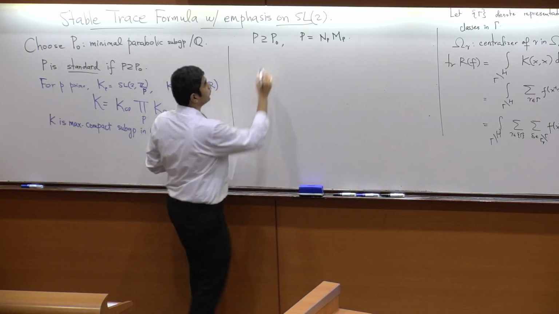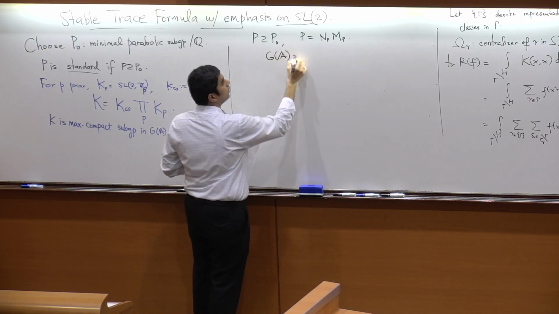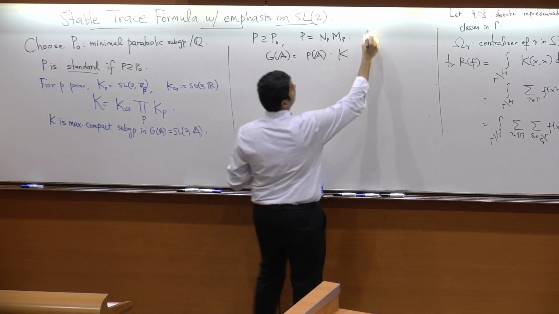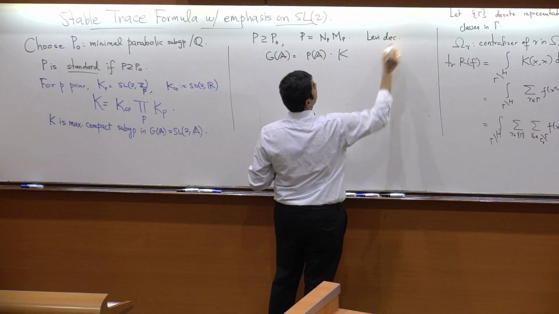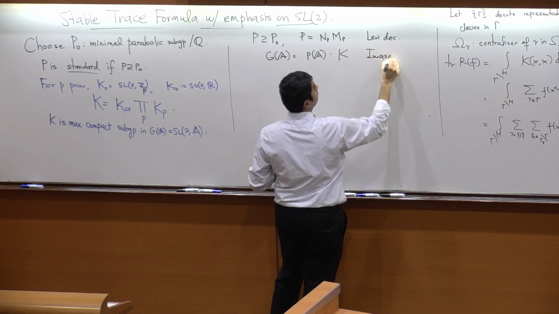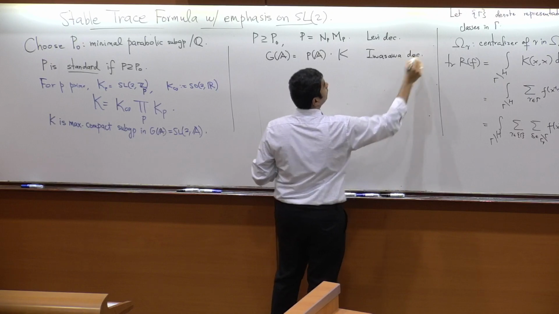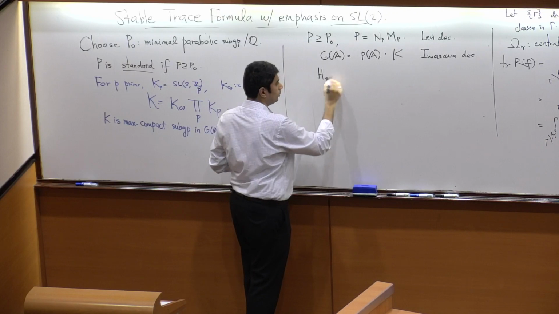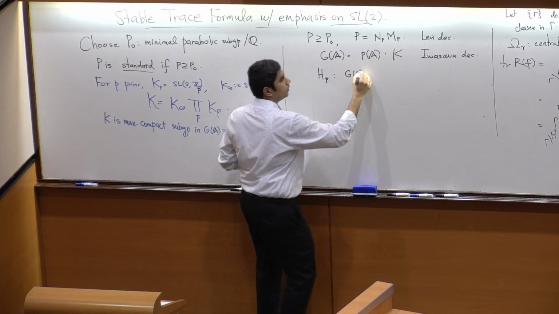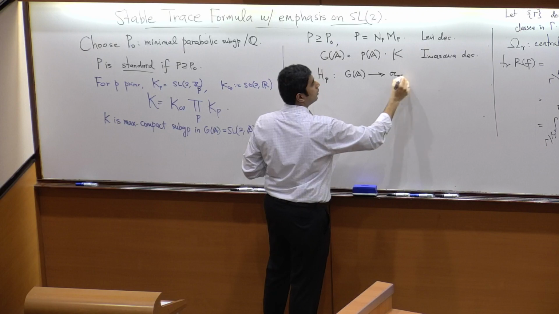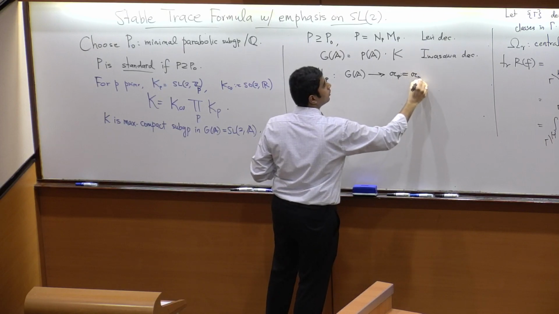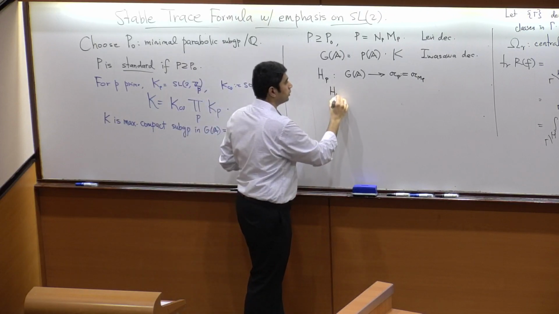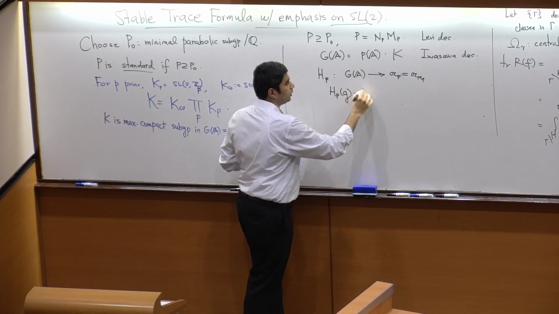And you have the Iwasawa decomposition, so G_A is P_A K. This is the Levi decomposition, this is the Iwasawa decomposition. Using this, you extend the map H_G, you define the map H_P in the following way. So H_P of any element g is H_P